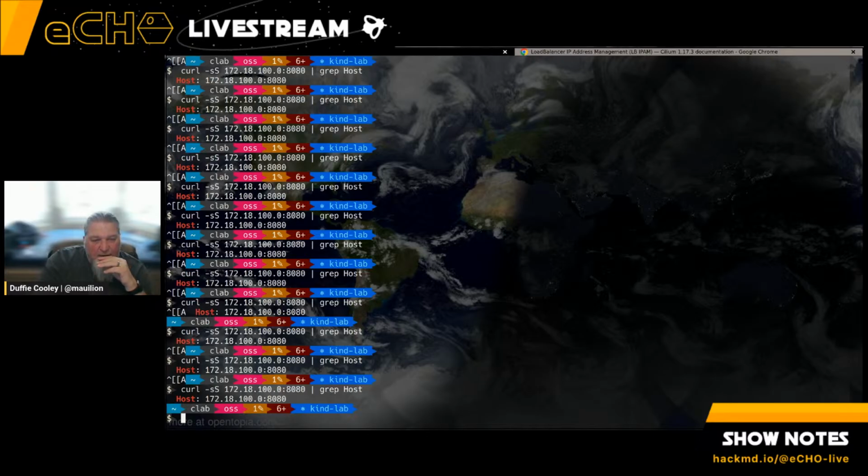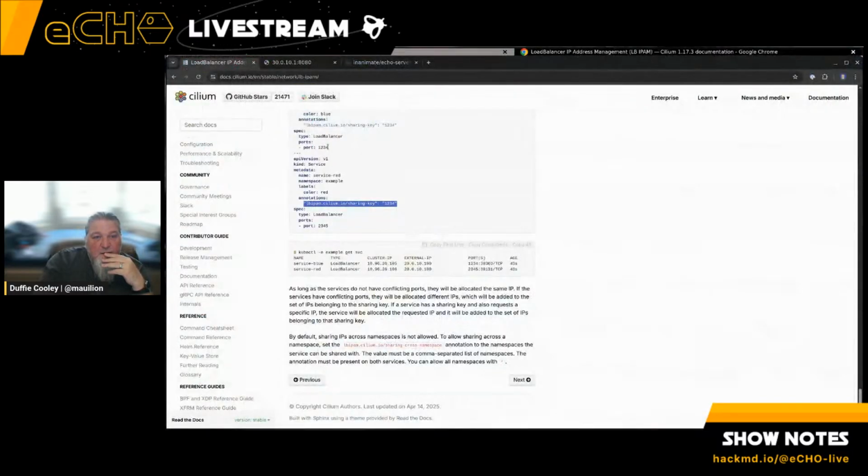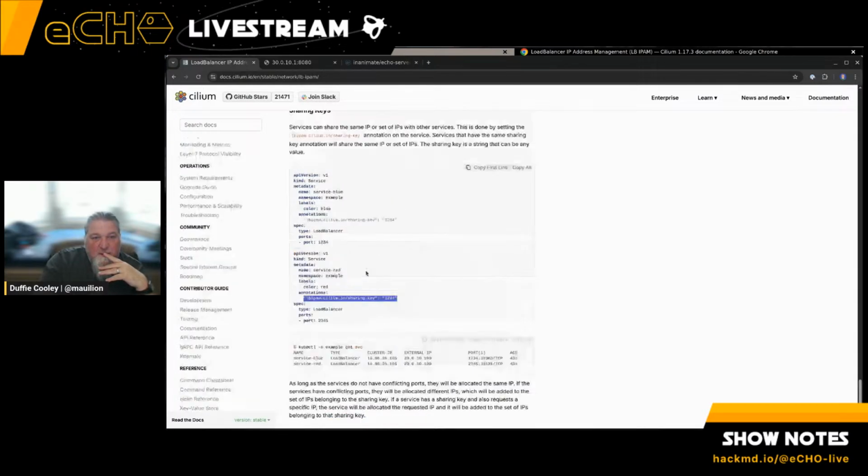So that shows the L2 announcement side. We talked about the BGP announcement side. We talked about the L2 announcement side. We talked about how they're wired up in Cilium's BPF map. We talked about troubleshooting them. The only thing that's left, but it's getting a little bit later in the day, so I'm not sure if I want to jump into this. This may be a thing for another time,